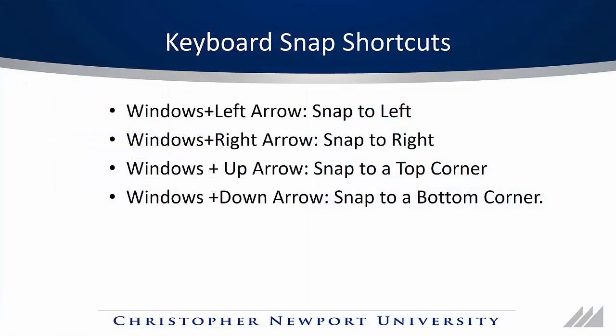I do want to note that instead of the mouse, you can also use the following keyboard shortcuts to make a snap happen. The first is the Windows key and the left arrow to snap a window to the left, while the Windows key and right arrow will snap to the right. The Windows key and the up arrow will snap to a top corner, while the Windows and down key will snap to a bottom corner. Those last two shortcuts should be used on windows that have already been snapped to the left or right-hand side in order to properly function. On non-snapped windows, these maximize and minimize the windows respectively, instead of snapping.